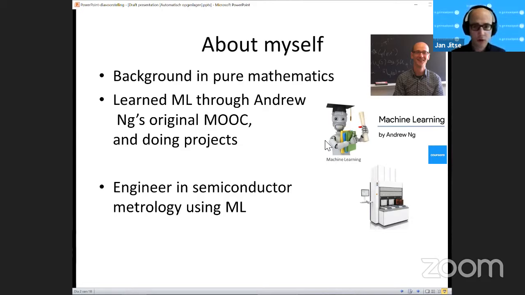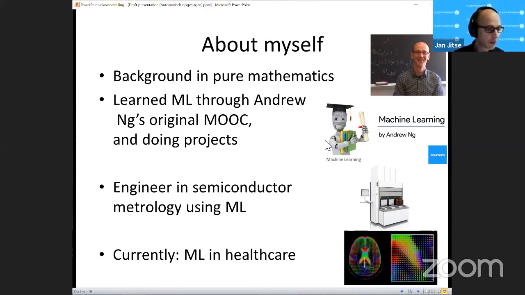Then I worked in the semiconductor industry for 4 years. I was an engineer, mostly doing semiconductor metrology with machine learning, developing new ways of detecting nanometer shifts of computer chips while they're being made. So that was quite interesting. But then I decided to work for another type of business.